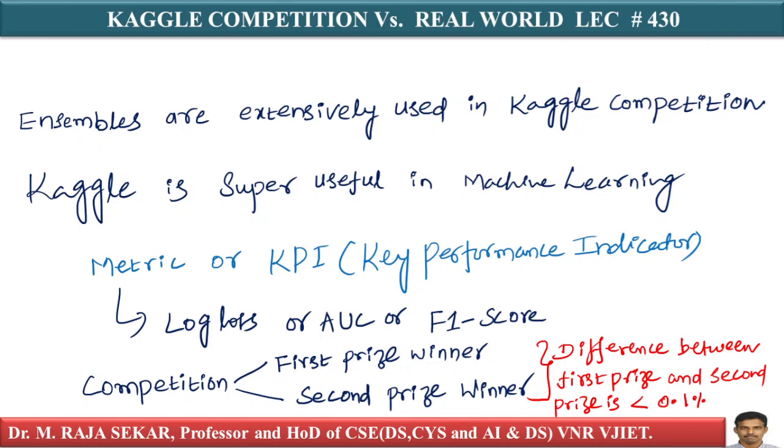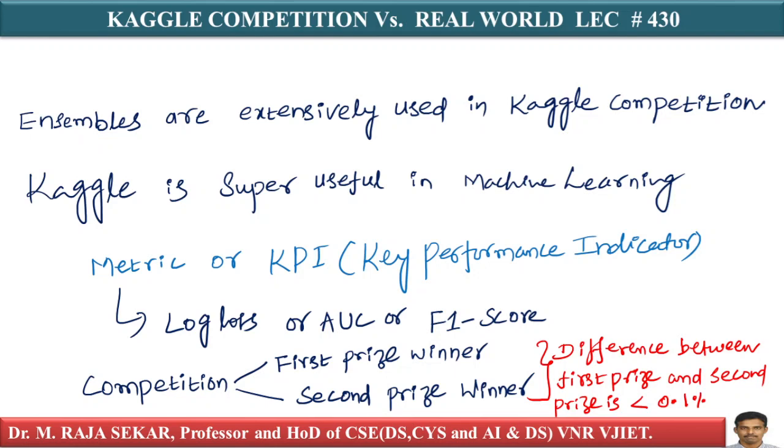At the end of the day, they have to decide. They need to be very objective. They can't be subjective, they need to be numerical. They need to be able to say this team or this person got first position, this team or this person got second position, and to be able to do that, they need to have one metric which they declare as the most important metric, and all the competitors try to reduce it.